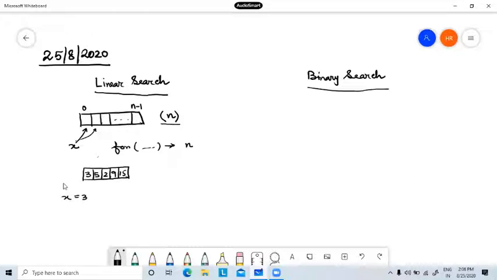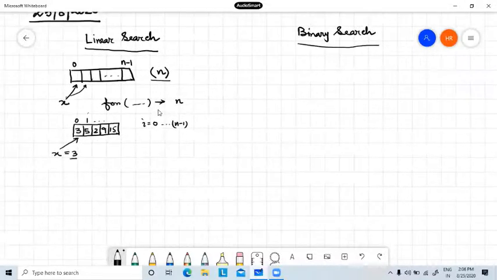Generally we start the comparison from 0, because we start with i equal to 0 and it will move up to n minus 1. If I am searching 3 in this array, then my first comparison is with a of 0, and it is my success. It will give me a success.